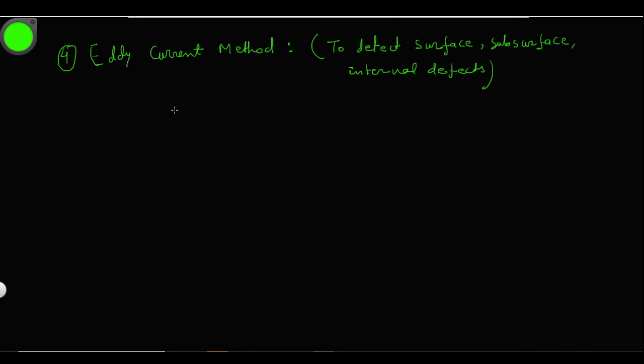And the principle behind this eddy current method is electromagnetism.